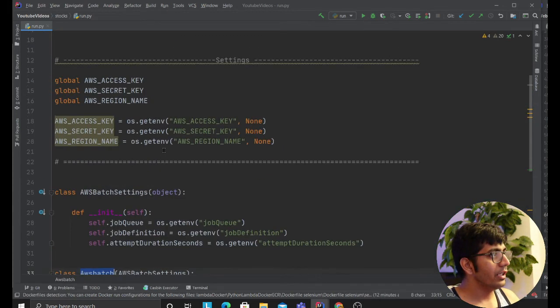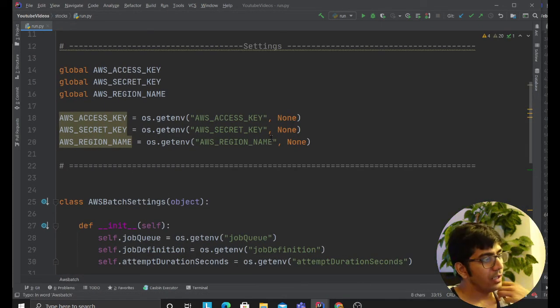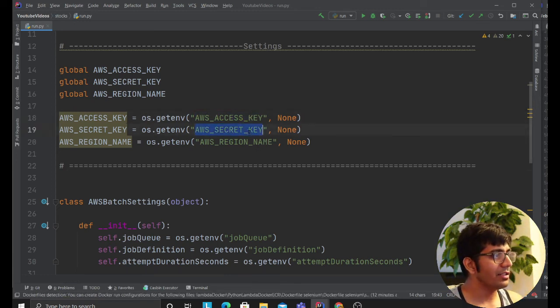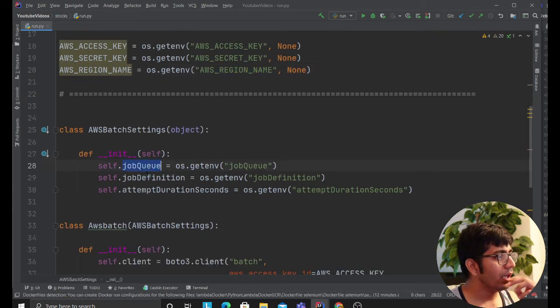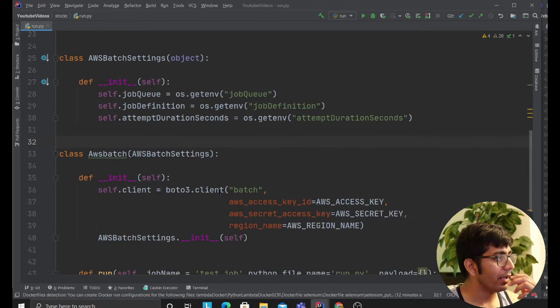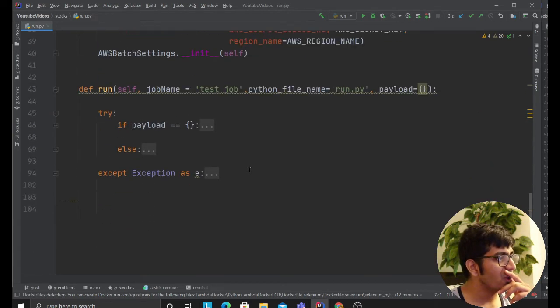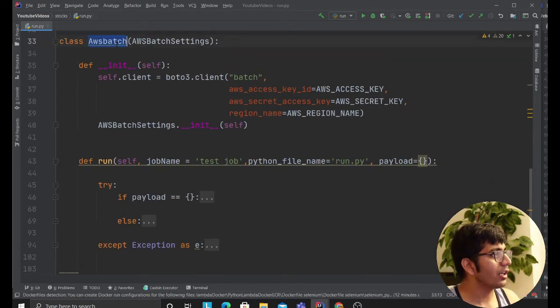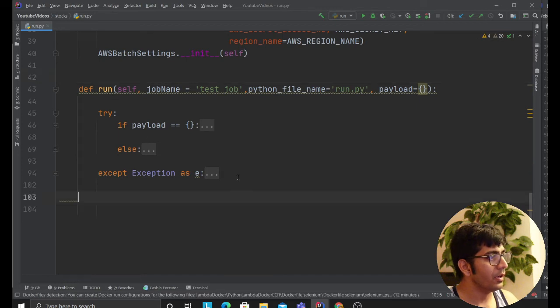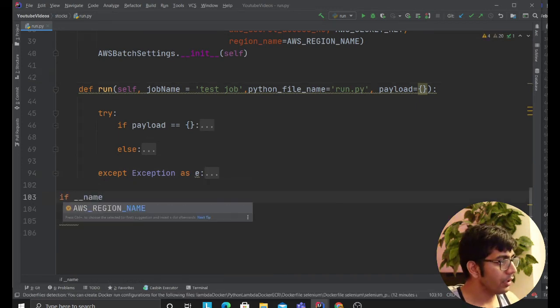So essentially, you have to set a couple of variables here. Give it the access key, secret key, region. Provide the job queue, the ARN or the name, job definition ARN. Attempt, this is a number, it should be an integer, right? So provide that. Once you provide all of that, just use the class AWS Batch and call the run method. I'll just define that right here.